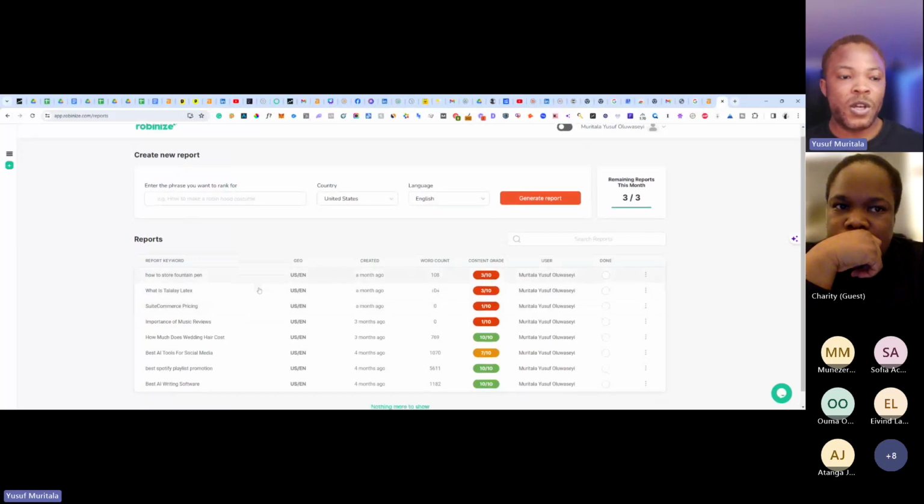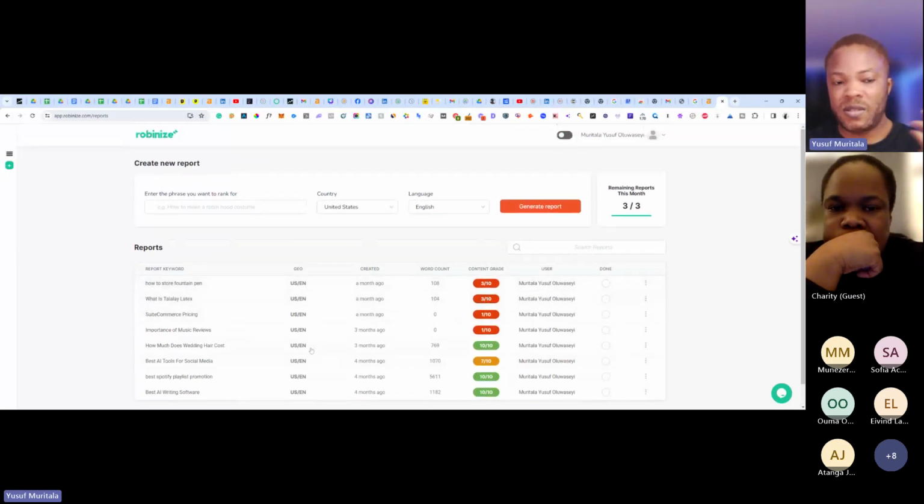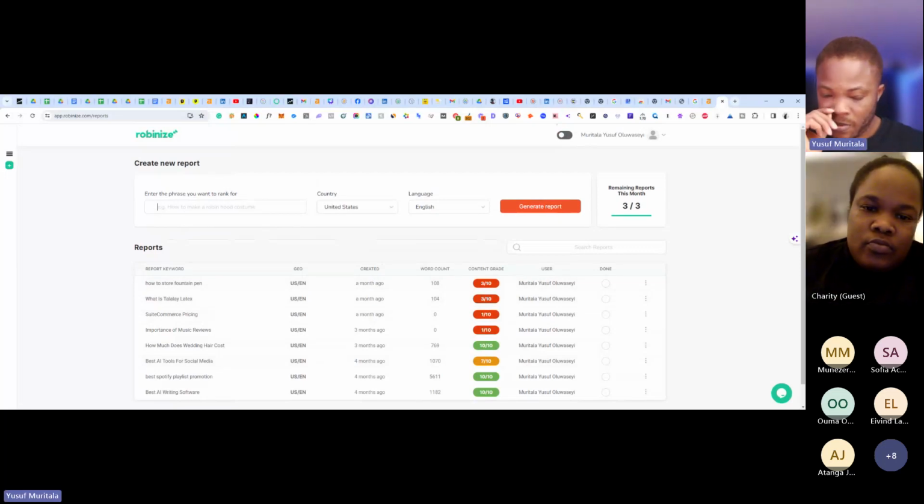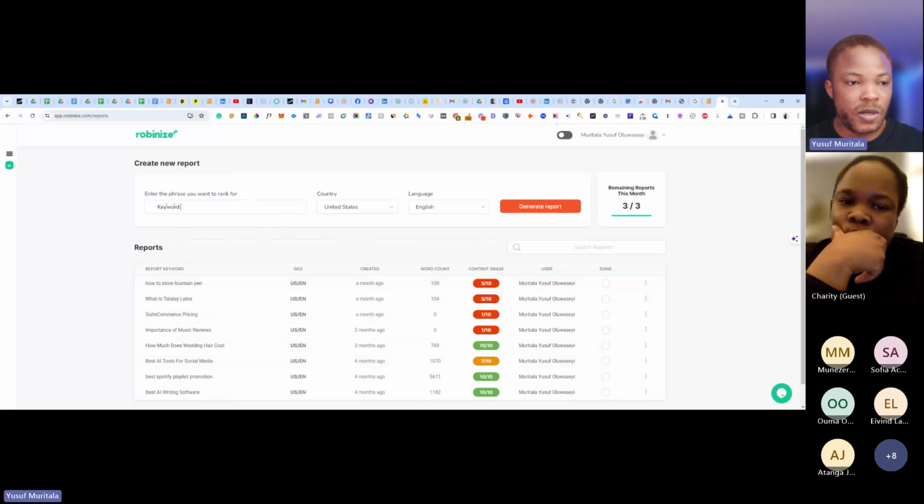Okay, now I have. You can see I've used it several times, which is the main reason why I'm introducing it to you. And we can go here and just say, let's write about keyword intent, right? Keyword intent.